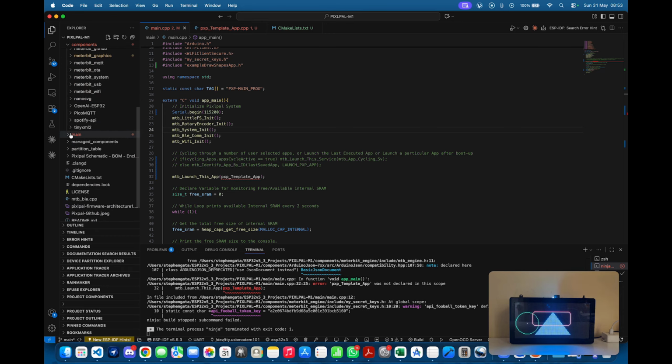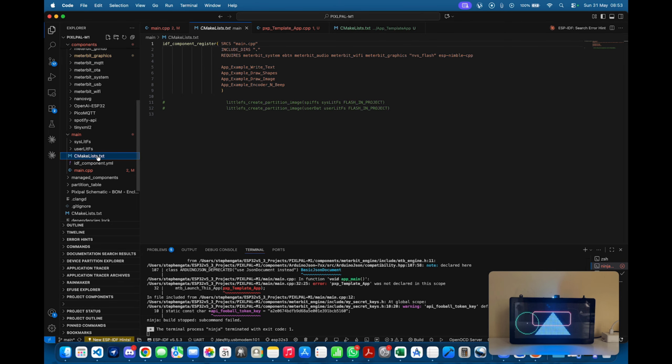So we can see the main directory here, which has its own CMake list file. We'll go ahead and include the template, the name of the template component. That's the file directory name, app underscore template app. As soon as you do this, you save and